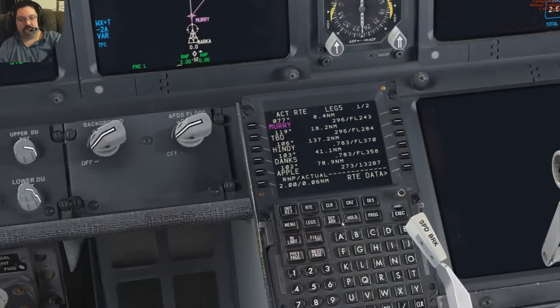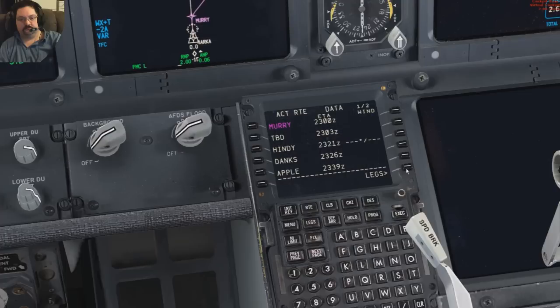Delta Romeo, 0, contact Adelaide approach 124, date 42. Good day. 1242 Delta Romeo,